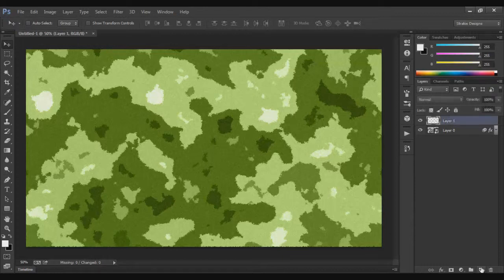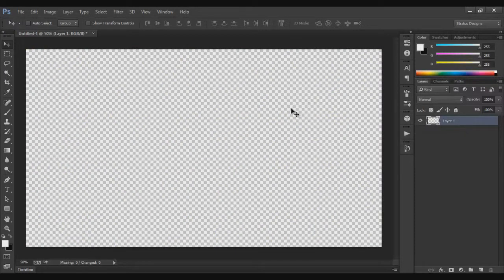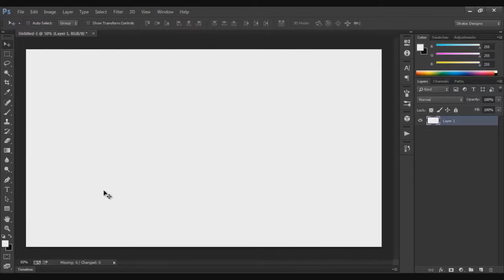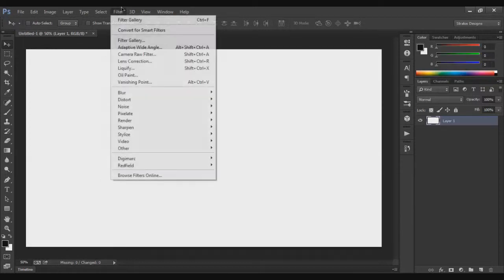Right, so let's begin. First of all, what you want to do is create a new layer, and I'll just delete this one. My document is 1920 x 1080 pixels. Yours could be the size that you want. First of all, you want to have your background and foreground colors at the default colors, which are black and white. To bring them back to the default colors, you can simply press D on your keyboard. Once you have them on the default, you want to click X to swap the background and foreground color, and just press Alt Backspace to fill that area in with white, and just press D again to bring the black color over the white one again.